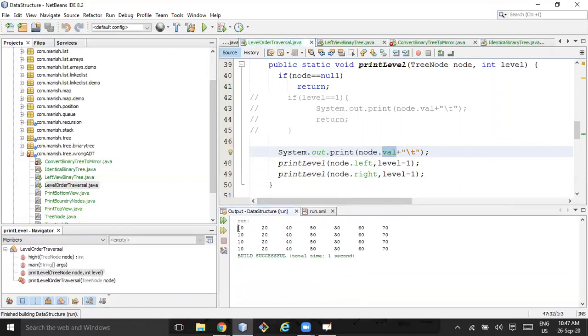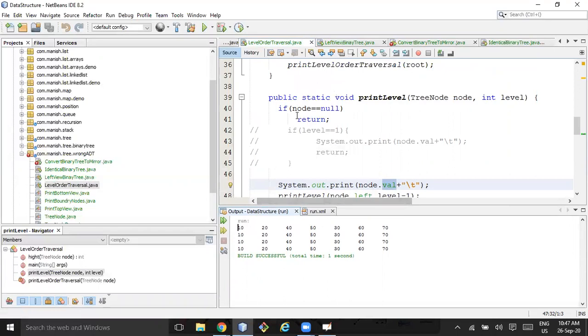So it is printing for each level call. Every time it is called, for four times it will call because it has 4 levels. Each time it is printing every node: 10, 20, 30, 40, 50, 60, 70. Each time it is printing every node, right?